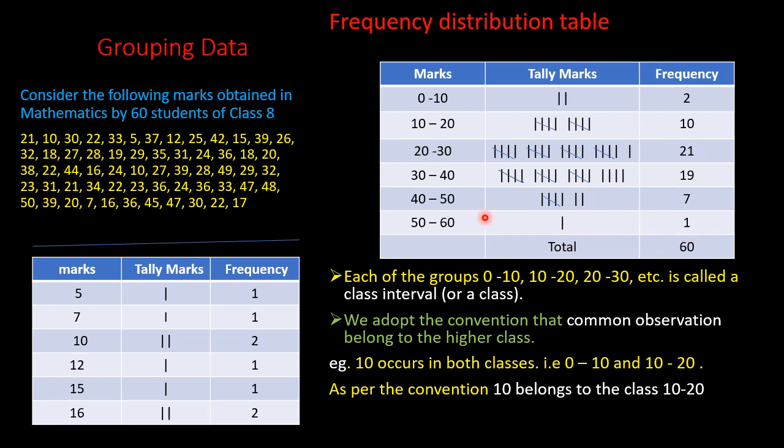Similarly, 8 students have scored more than 40 marks out of 50. Here you can see in the table, 7 students scored here and 1 student scored here. So the entries are from 40 onwards. From 40 and above, how many students got the marks? 7 plus 1, 8 students. Like that we can get different information from the frequency distribution table. Okay children?